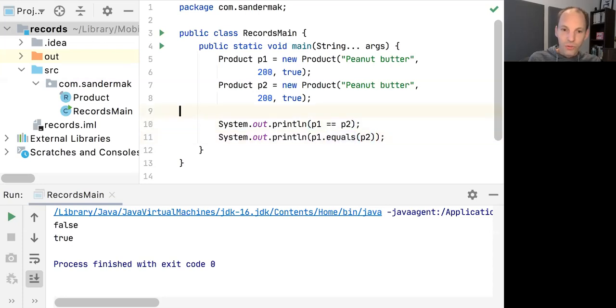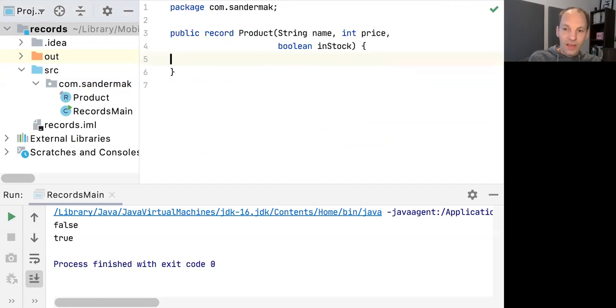Now, going back to the record again, in this record, as I said, you cannot extend other classes or other records, but you can implement an interface if you want to by adding an implements clause to the definition. What you can also do is add any methods here, but you cannot add fields. So you cannot add state to these kind of records, because that would invalidate the whole immutability of a record, and also it would have additional state rather than the components that are part of the record. So that's just not allowed.